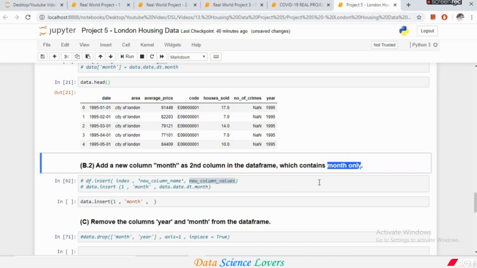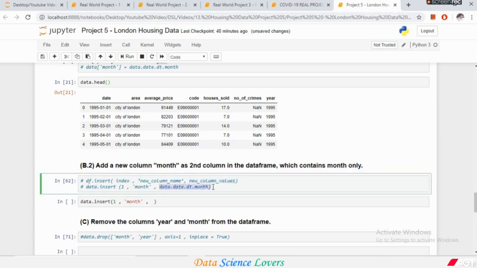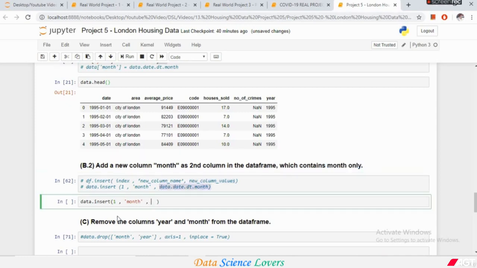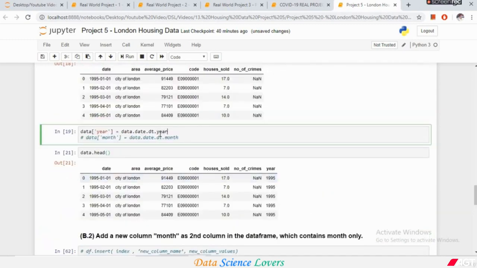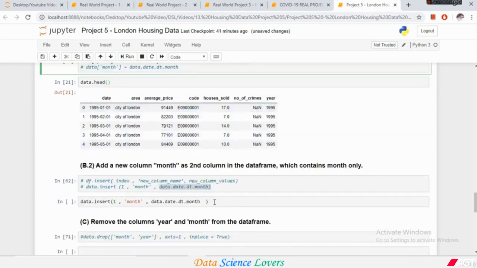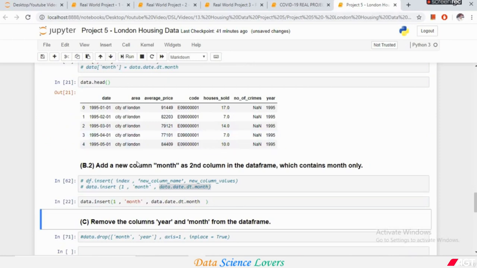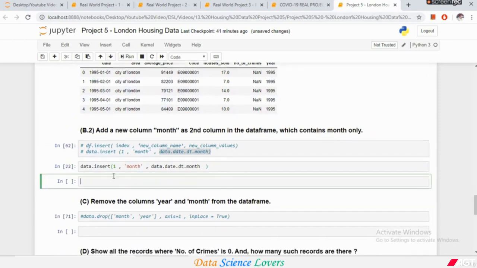So to select only months from the date time column, we use this syntax, which is our data frame name dot date time column and dt dot month. As I told you here, that if we want to select the year, then we will write dt dot year, and if we select month, then we will write dt dot month. So if I run this, then the command has been successfully run, and if I again have a look at